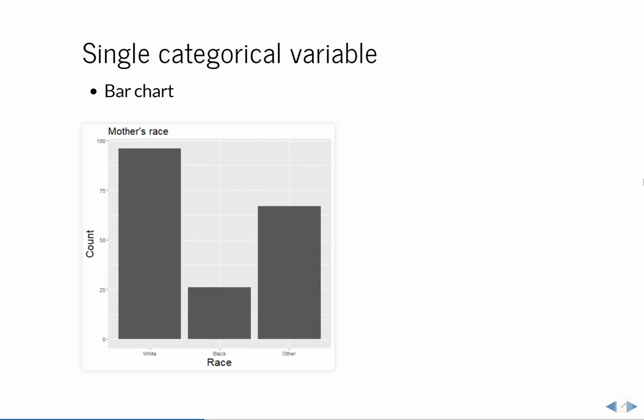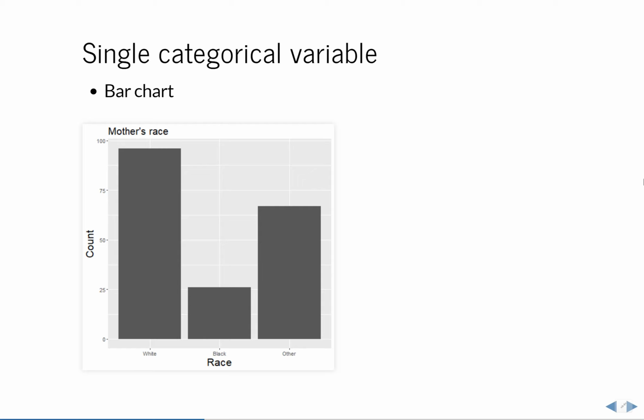The graphical analog of a frequency table is a bar chart. The bar chart is fine insofar as it goes. One thing to consider, though, is an interesting concept that was first coined by a pioneer in data visualization research named Edward Tufte. And Tufte talked about the data to ink ratio. The way of thinking about that is how much data is being demonstrated and how much ink is spilled in demonstrating that. So obviously this is a computer screen, so this isn't real ink, this is virtual ink, but